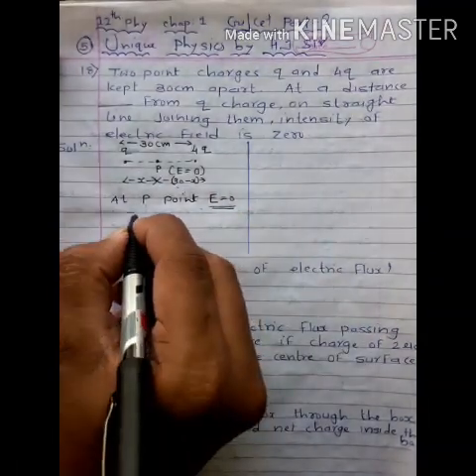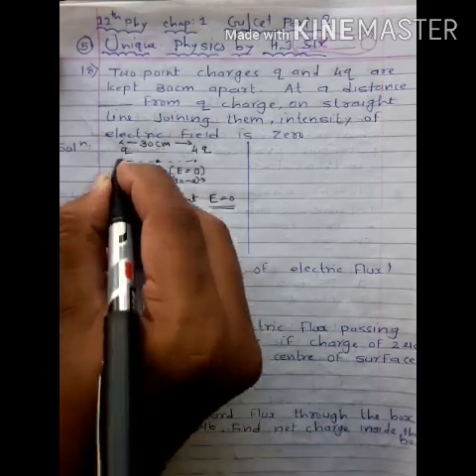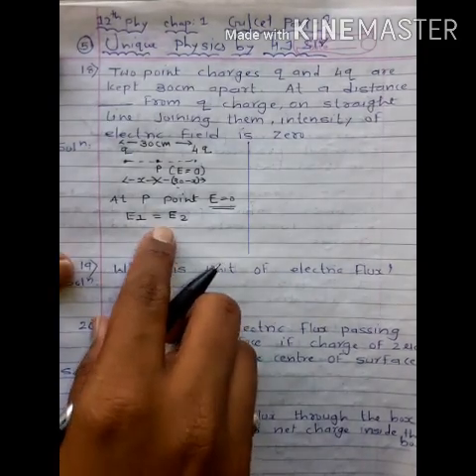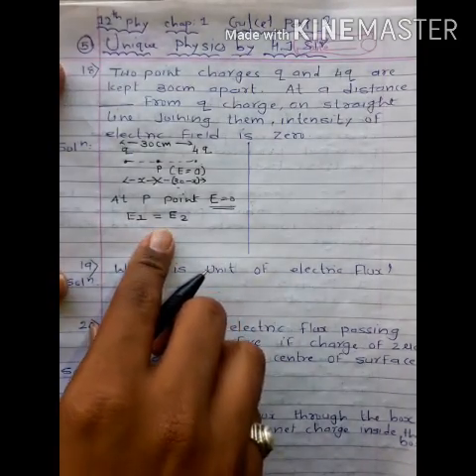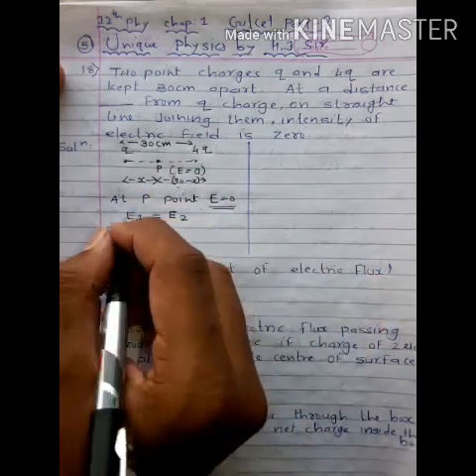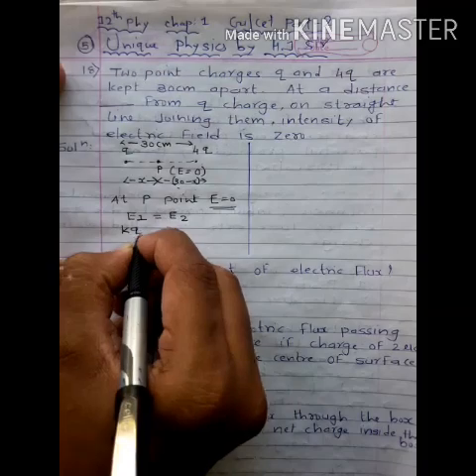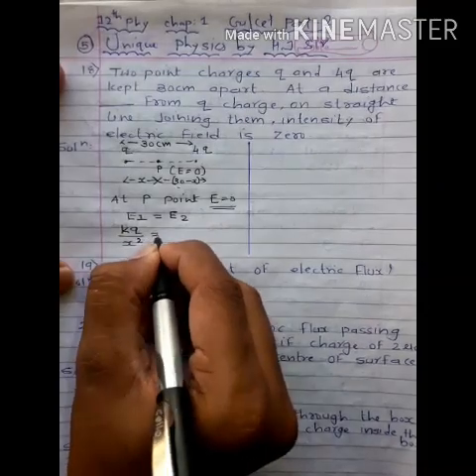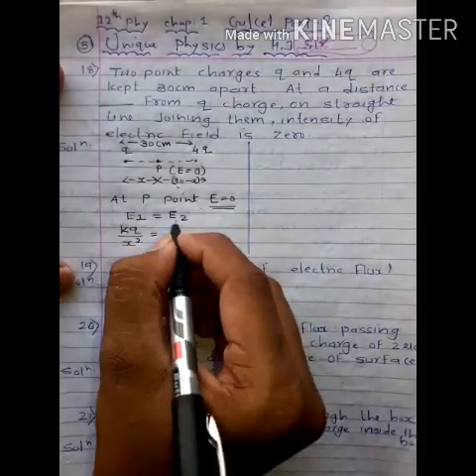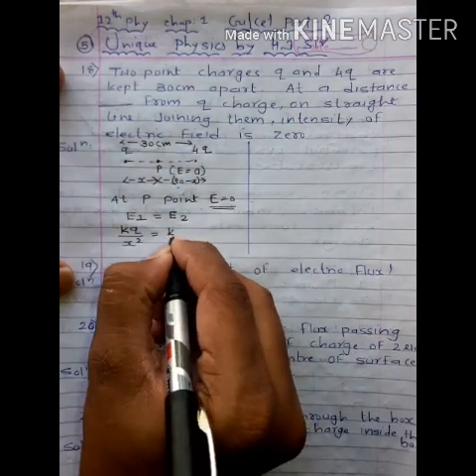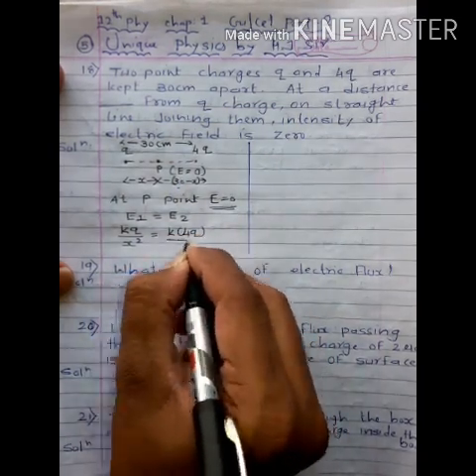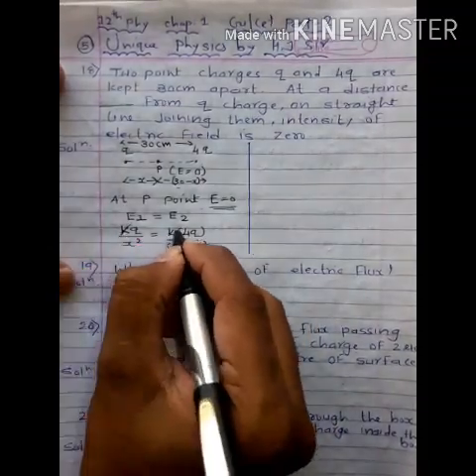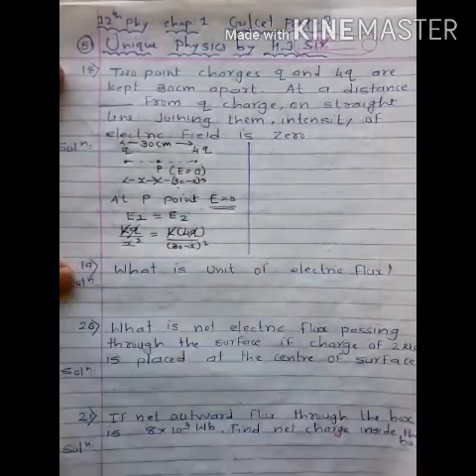This is possible if the electric field produced by the first charge E1 is equal to the electric field produced by the second charge. Here we consider only magnitude. Now we have the equation of electric field due to a point charge. So E1 is equal to K Q, first charge is Q, divided by distance x, so upon x square, is equal to E2, the electric field produced by the second charge, so K into 4Q upon distance 30 minus x square. Here K will be cancelled out, Q will be cancelled out.